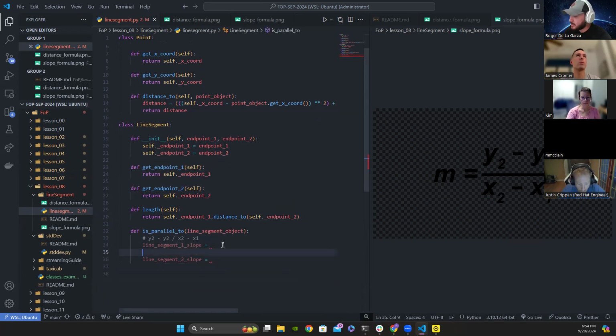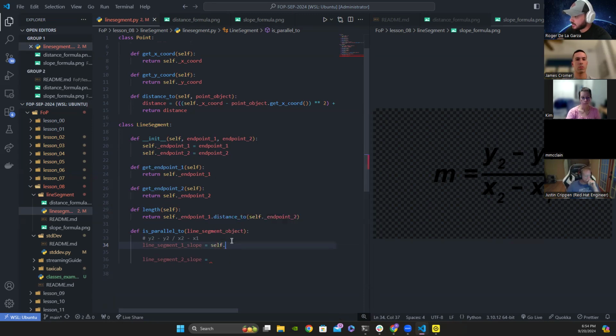We can grab line segment 1 slope by just using the self._endpoint. So it should be, we're going to do the y's and the x first. So the y for this line segment will be,